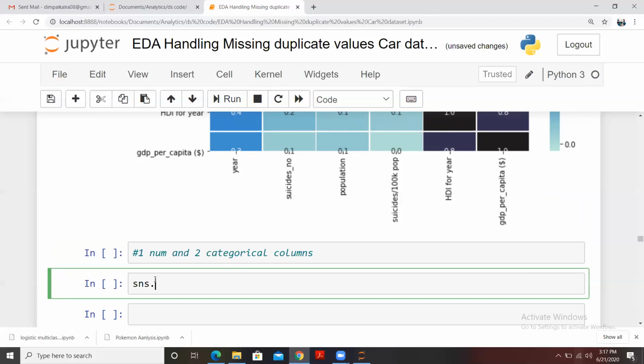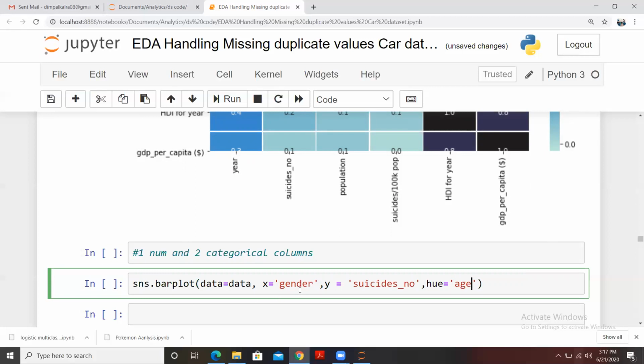So I'll be using sns.barplot and the data that I need to pass. My data is data only. Luckily, I don't need to use a different name. So X is the gender. I want to check based on the gender, and what is my Y? Y I want to give as suicides numbers, right? And for hue, I can use age so that I can compare these two based on the age. So I'm using three variables.